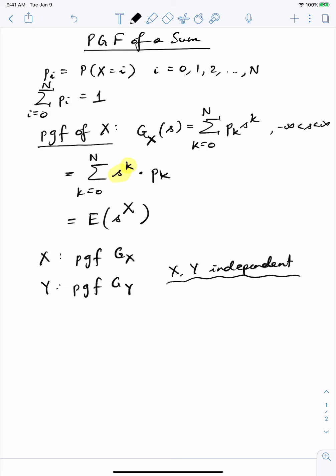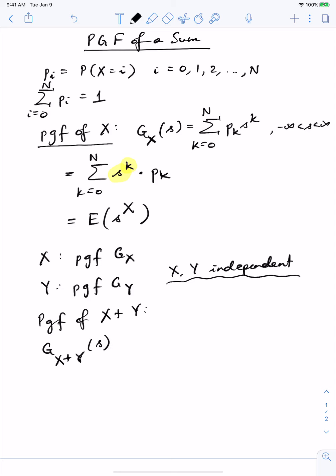Okay, so what we're going to do is look at the PGF, probability generating function of x plus y. So that will be g of x plus y,